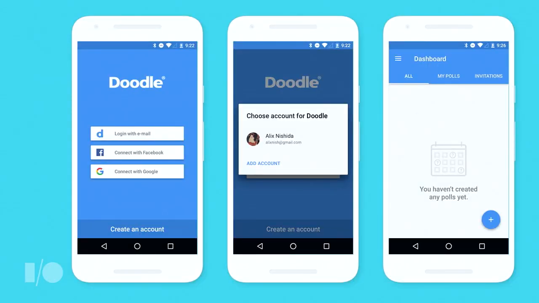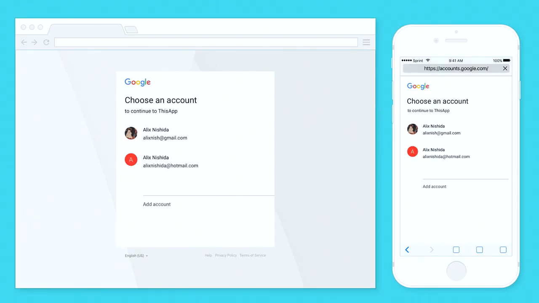It's just that simple. Let's take a look at what it looks like with one of our partners, Doodle. Open the app, tap Connect with Google, tap the account information, and you're in. Doodle can sign you in or sign you up using that information pretty straightforwardly. I'm happy to announce that while we released Account Chip for Android during last Google I/O, within the next couple of weeks, we're going to be rolling out this functionality on web and iOS finally, such that you have the same experience no matter which platform you start on.